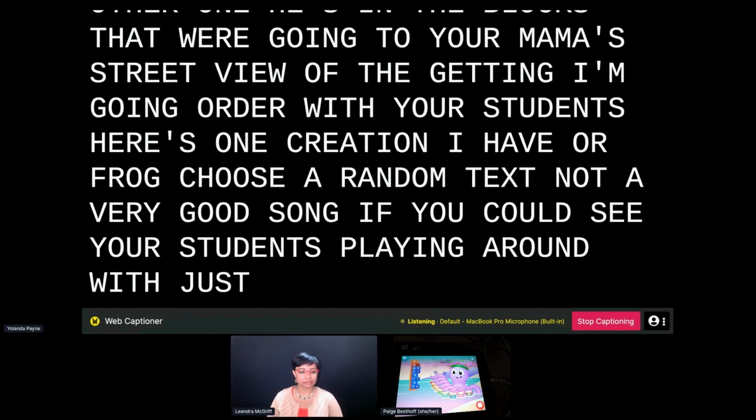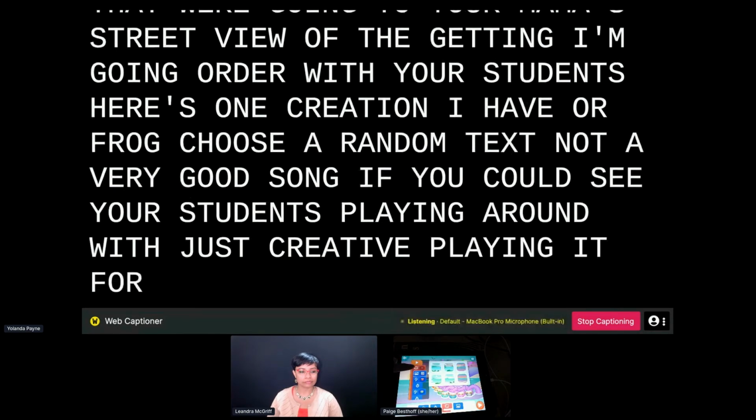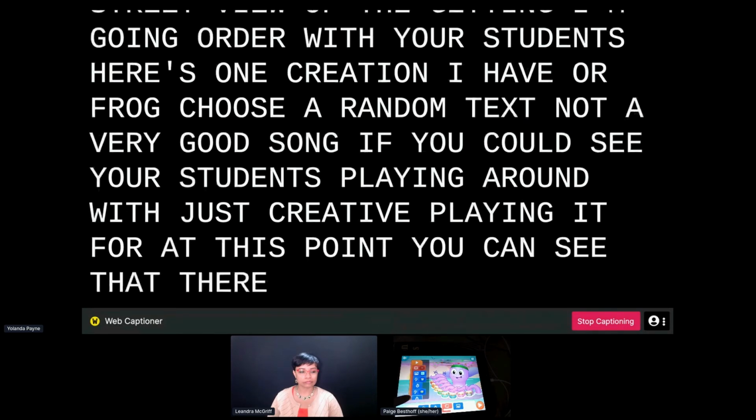Okay, so I created this as a loop. I have them playing it 4 times. I got to change the background, so you can change your background. You can change which drum you would like. This is the pause, so that they're pausing in between. So you can move the pause button around. You can add new drums. And again, at this point, you can see that they're dragging and dropping. So pausing in between each one.